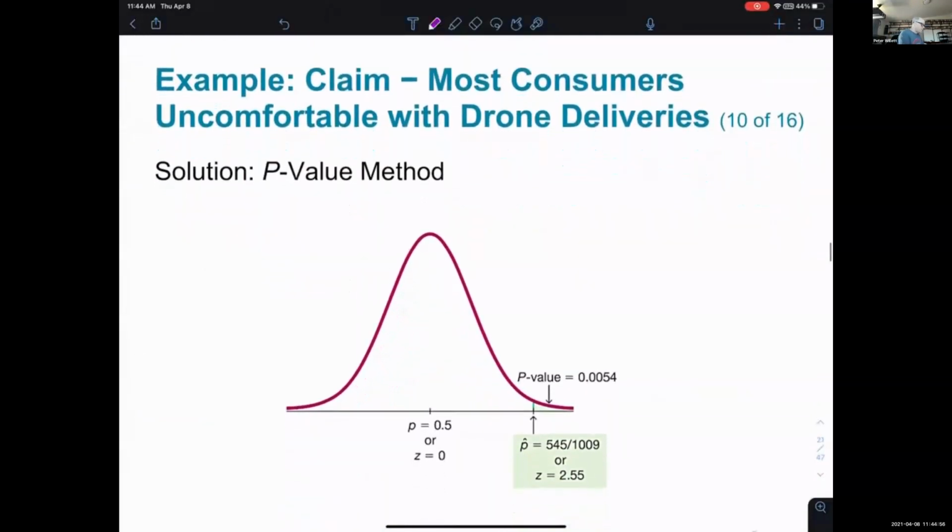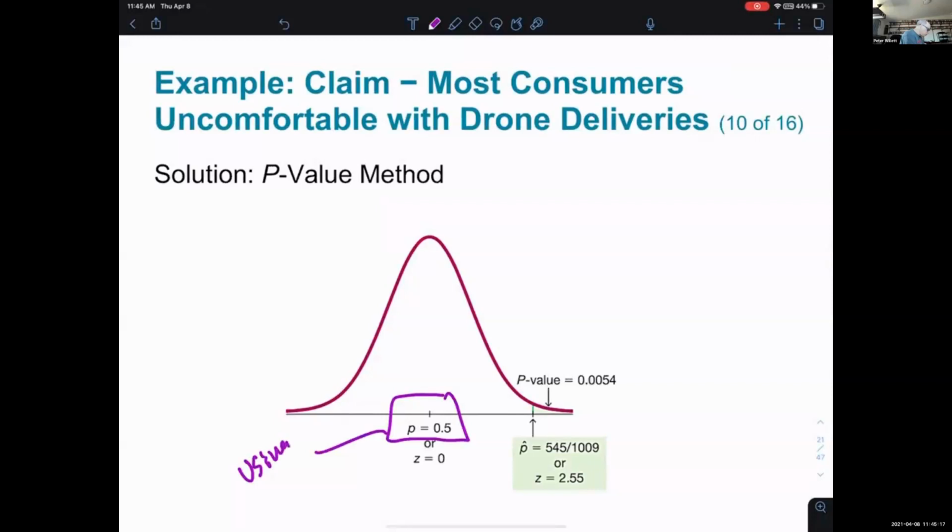And so what does that mean? What they're doing is they're looking at the mathematics of a distribution of samples of 1,009 under the assumption that p is 50%. So the math is based on using the null hypothesis. The null hypothesis is that p is 50%. So what they're saying is, if p is 50%, then the sample that we got,